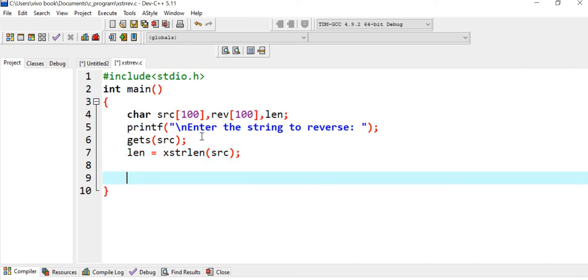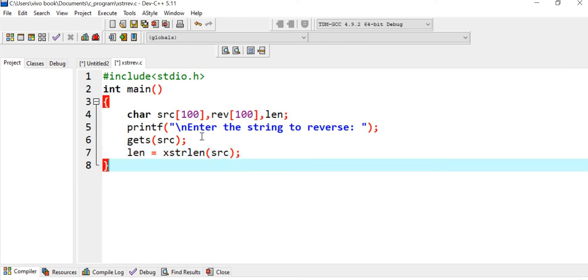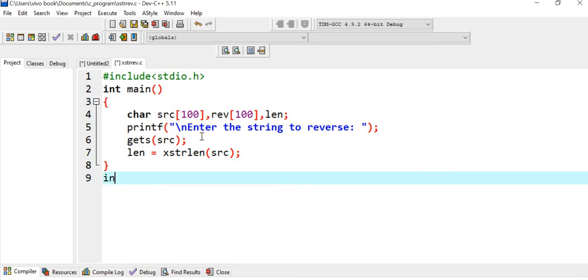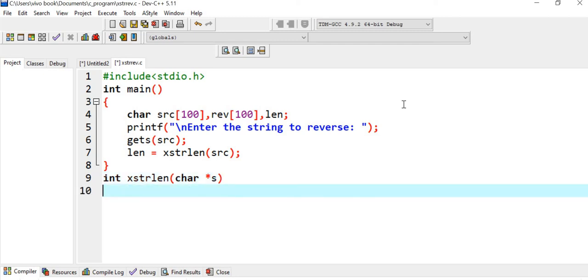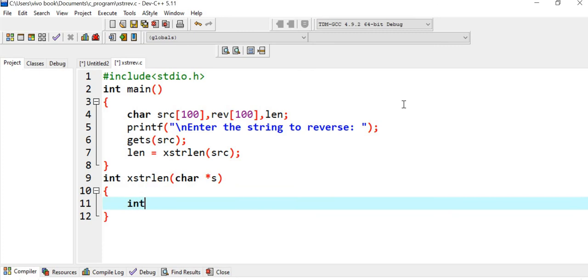Now let us write the logic to get the length of a string. So int xstrlen, and we'll be storing the base address in a character pointer called s. Take one variable called length equals 0.